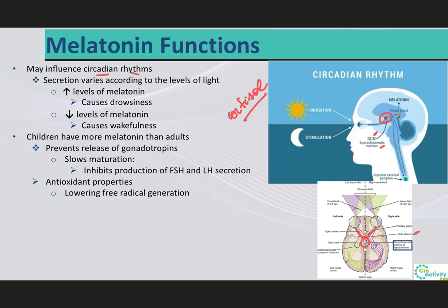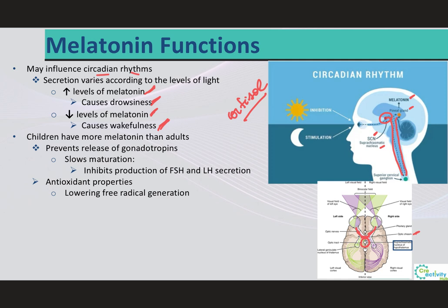So from the suprachiasmatic nucleus, the nerve signal is going to be carried to the sympathetic neurons of the spinal cord, and then eventually to the pineal gland, where the production of melatonin is going to be inhibited. As a result, blood levels of melatonin fall, and this promotes wakefulness. In contrast, as the light levels decline, such as during the evening, melatonin production increases, and this causes the opposite,